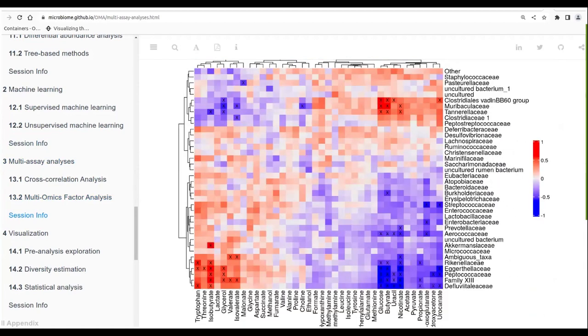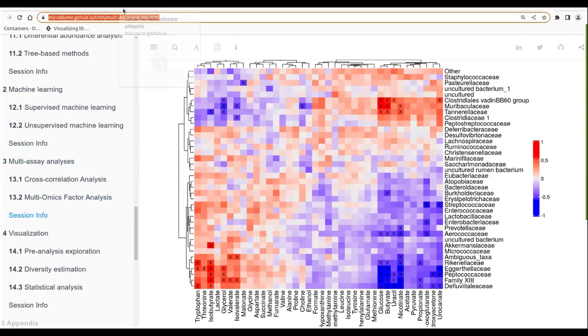Great. So if you're interested, look at this OMA book. This is the website, and